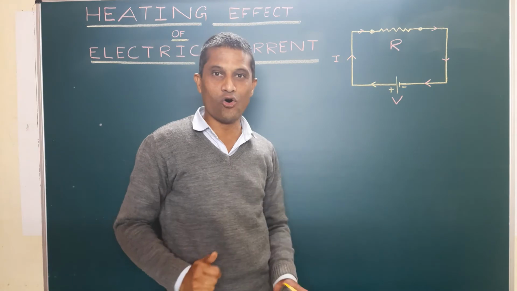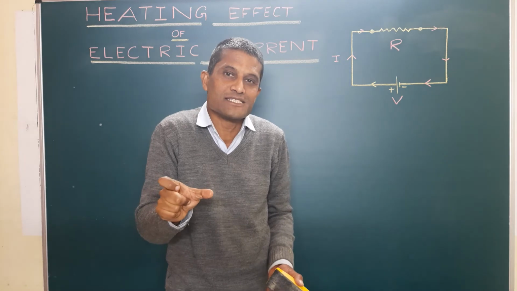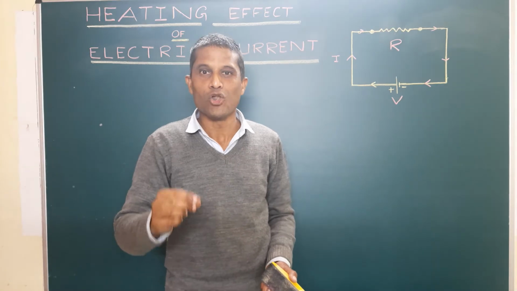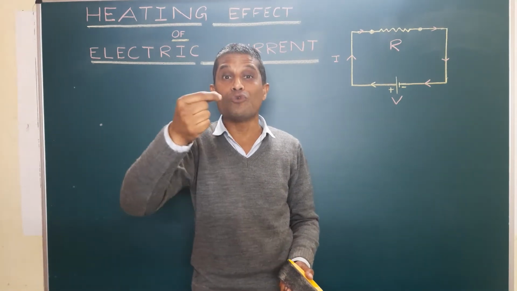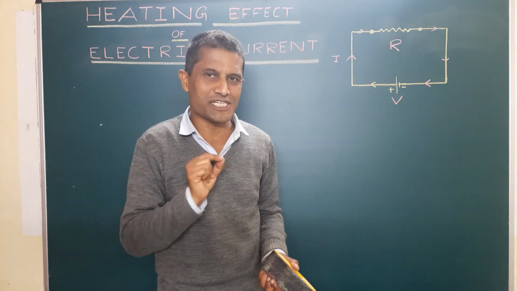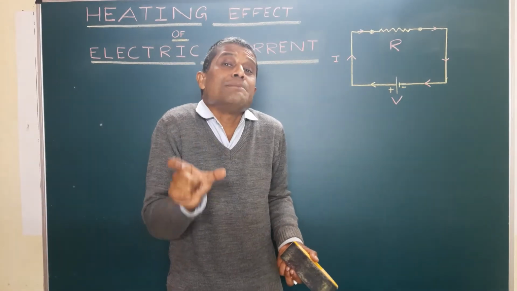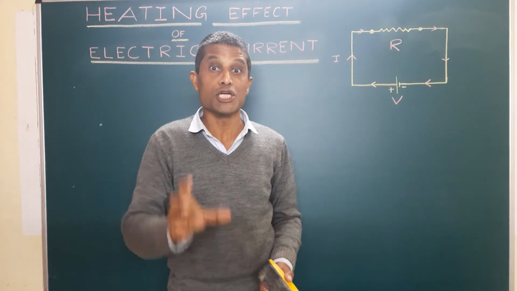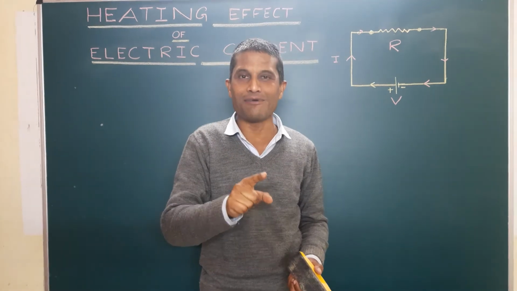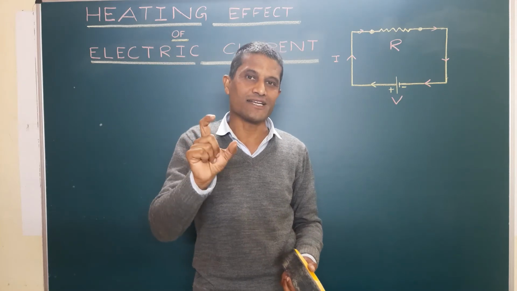If the resistance is low, current need not use a high amount of electrical energy to overcome the lowest amount of resistance. Very simple. It means the lowest amount of electrical energy is being used to overcome the lowest amount of resistance. That means the lowest amount of heat is going to be generated in that conductor, which is not easily going to be felt. So that's why it is specifically mentioned that in order to feel or see the heating effect of electric current, you need to have a resistor or a conductor having higher resistance,